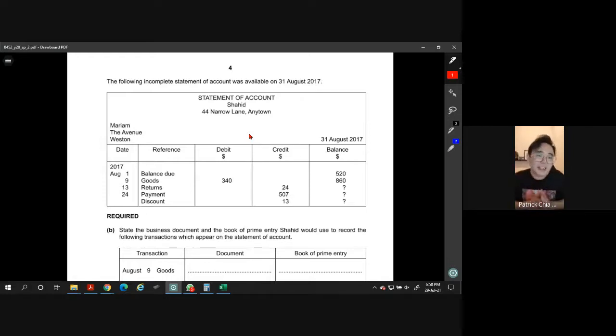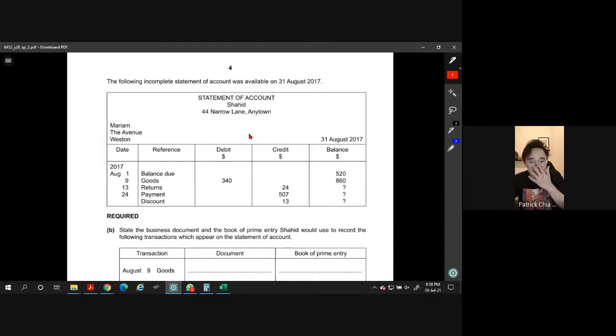The thing is, the question can make us change point of view. Suddenly, at this point, yes, we are the seller. Suddenly, then they ask us, if you are the customer, so we change point of view, then how would you record this? So you see, the business will change, right? Suddenly, you can be Shahid in this question, and then the next moment, you become Mariam. Okay? So we go with the word seller or customer to make things clearer.